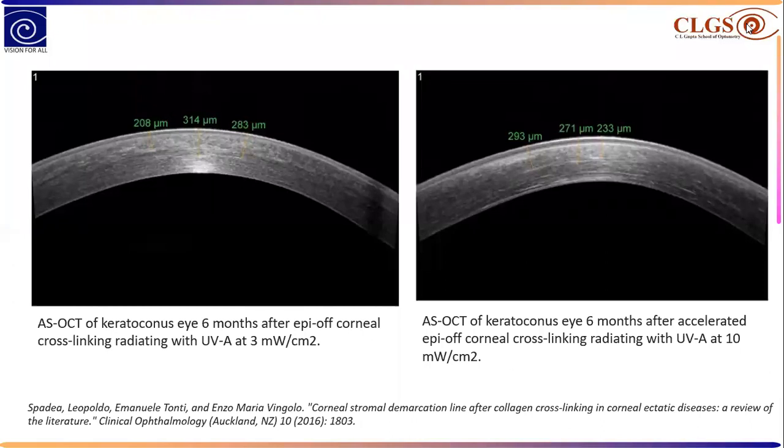Okay, sir. Apart from that, there are other things like corneal biomechanics that you can check. For corneal biomechanics, you need a different tool. After C3R, the cornea would be stiffer, and that will show in the corneal biomechanics test. But that we'll discuss another day.